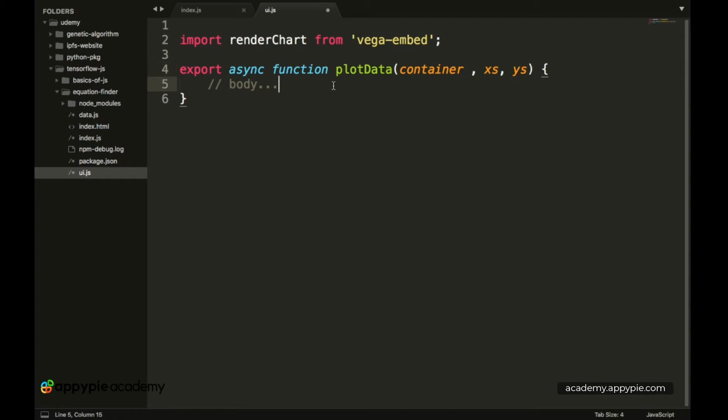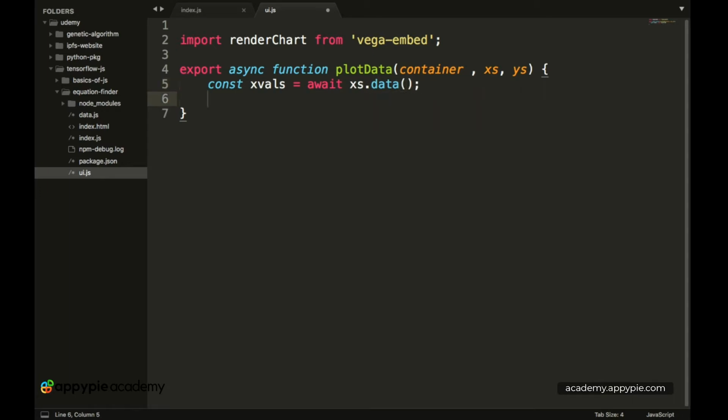Over here let's initialize some new constants. So we have a constant which is xval. This is the values of x, and now we have to get the data from xs. This can take a lot of time, so we want to do this on the current thread, and we want to make our program wait until the particular operation is done. So we have to type in the await keyword, and then we have xs.data.